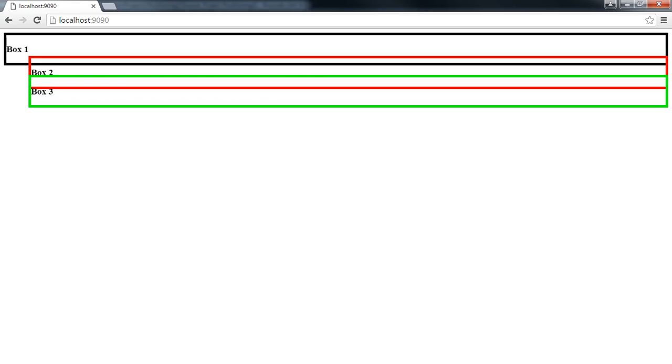But look at box 3. It's on top of box 2. Just look at the color. See how the green border goes all the way around it? It's actually on top of box 2. Now, if we close the server,